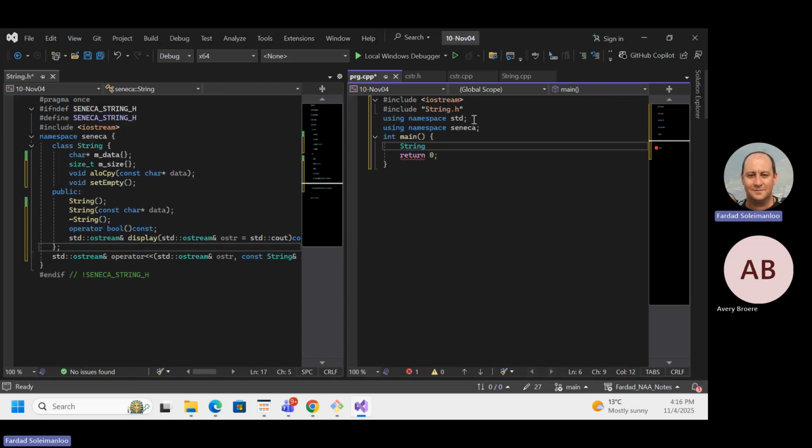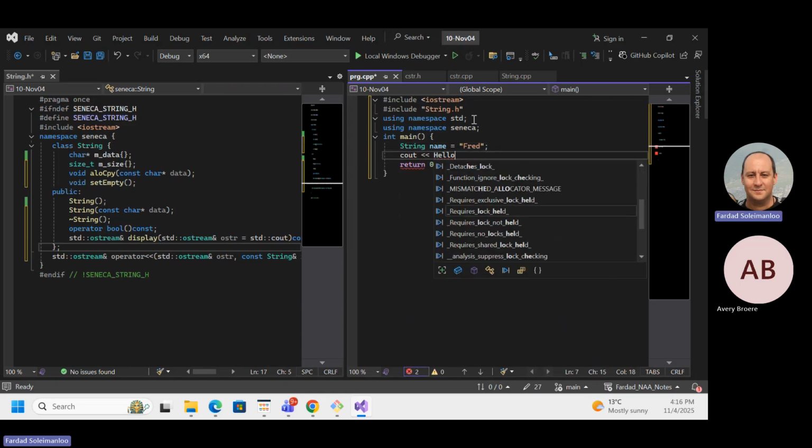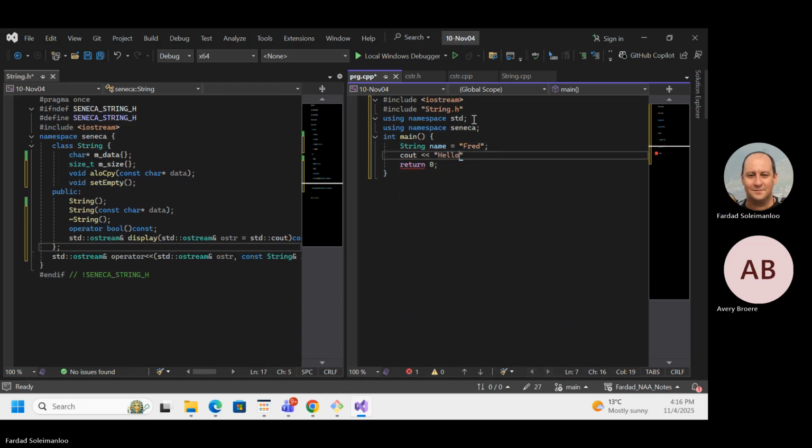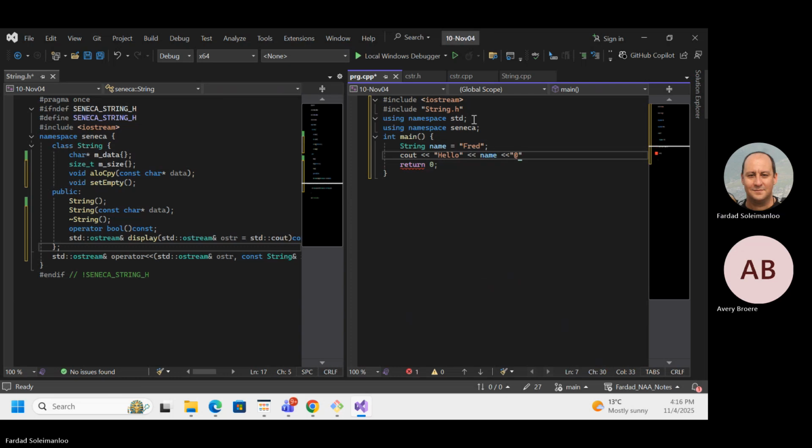And in here, I'm going to say string name is equal to Fred. And here, I'm going to say hello, name. I think we're good. So let's walk through.